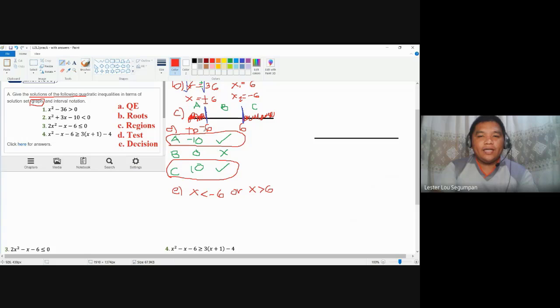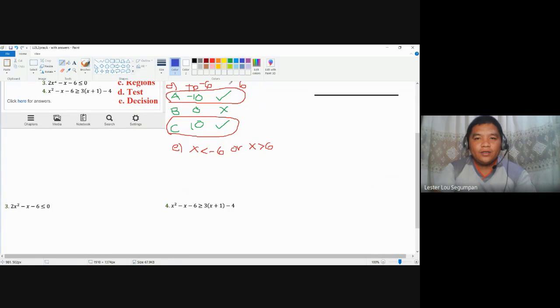And then we have already the graph, so we could just simply use the solution in the other form, the solution set. The solution set is the set of x such that x is less than -6. The or becomes union. You might want to check the previous video for this. x, and x is greater than 6. It's not 7, it's greater than 6. Right? This is the solution set.